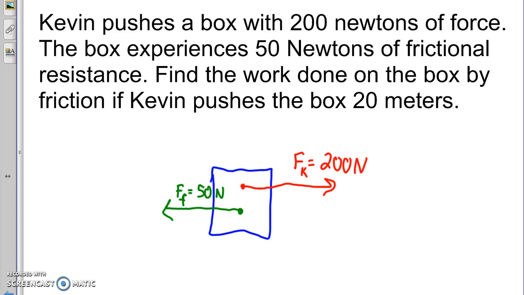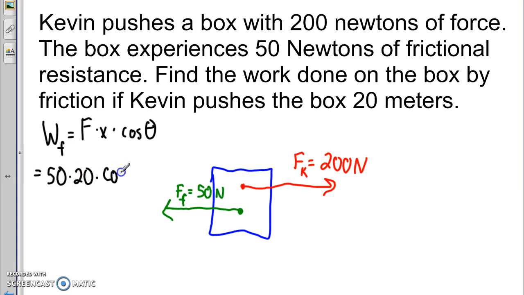So, of course, we talked about our equation for work last time. The work of, and I'm going to put a little F here for friction, just so you know I'm talking about the work of friction. The work of friction in this case is going to be, well, the equation is F times x, this is your displacement, times the cosine between them. So the force here is 50 newtons, and the displacement is 20 meters, so it's going to be equal to 50 times 20